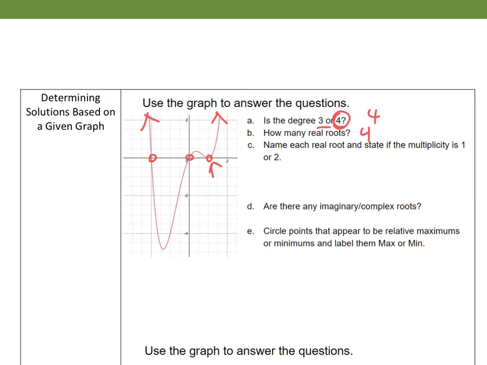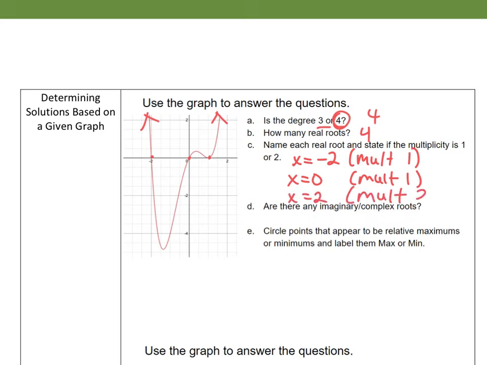Okay, so this is where you'd probably catch yourself if you did not notice that. So if I look here, I'm going to erase these just so I can see these numbers. So I do have 1 root here at -2, when x is -2, and the multiplicity is 1 because it's going through it. I have another one at x equals 0. It's also going through it, so it's also a multiplicity of 1. And then I have one at x equals 2, and we can see that that's a bounce. So we'll call it a multiplicity of 2. Technically, it could be 4, 6, 8, right? Because those are also even numbers, and those would also be bounces, but whatever you want to put there,